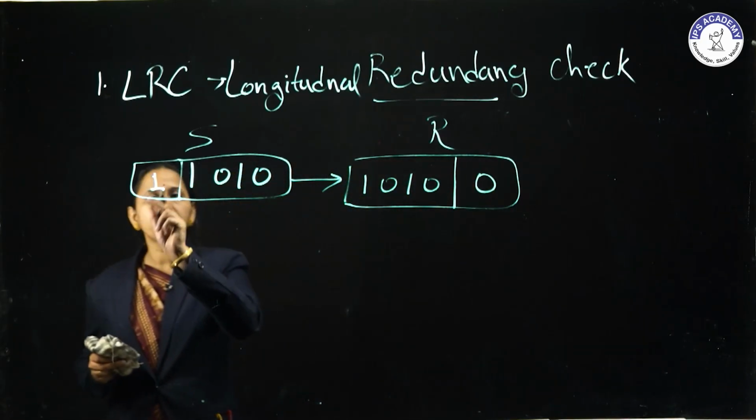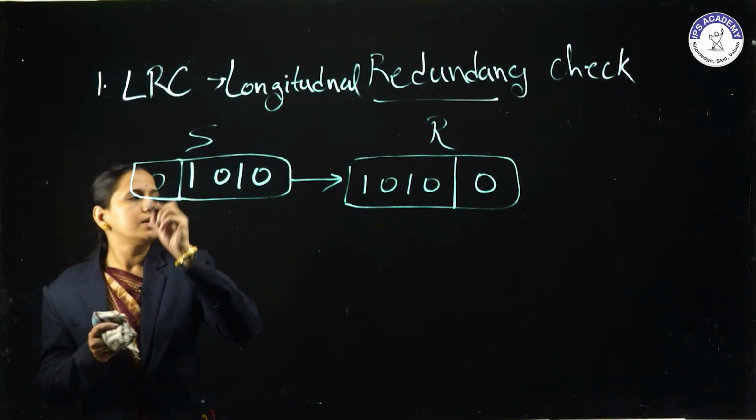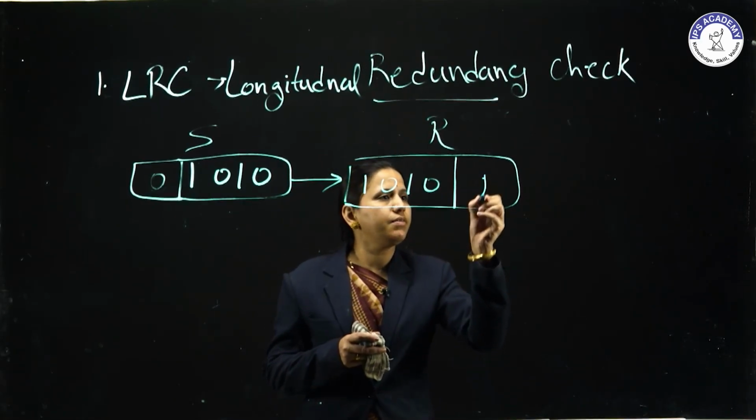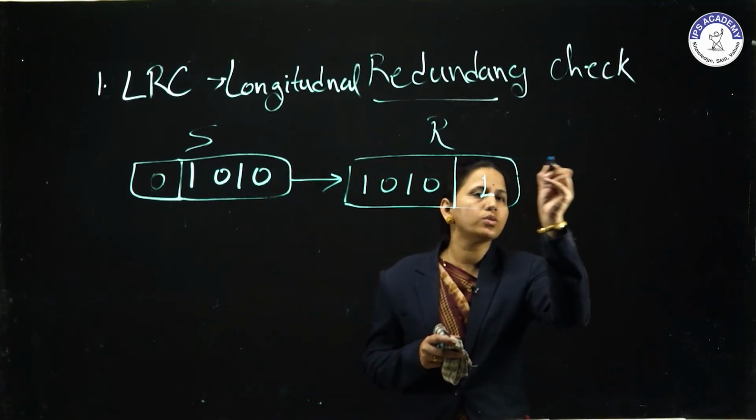If we are using even parity, then this redundancy bit will be 0. And at the receiver side, if we receive this 1 0 1 0 1, the receiver again uses the